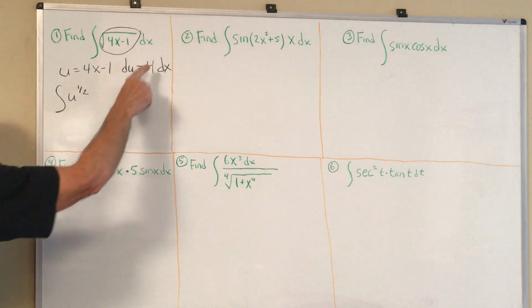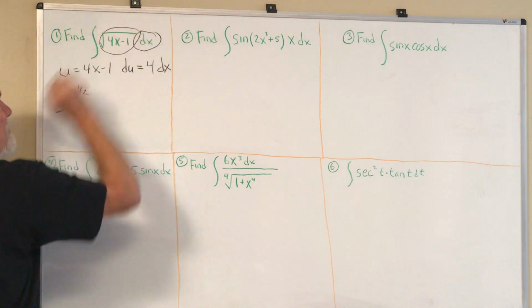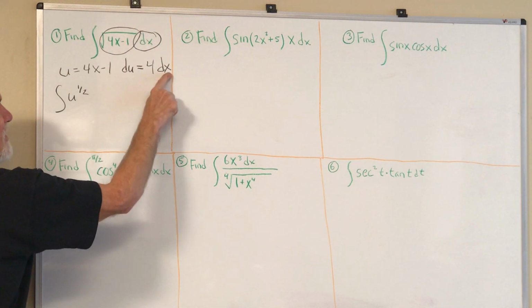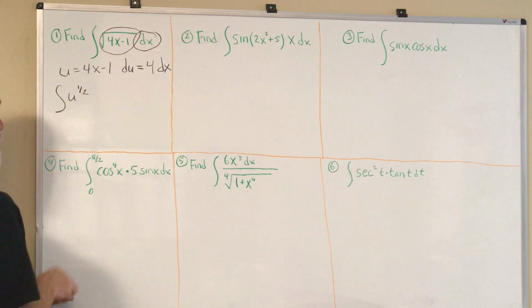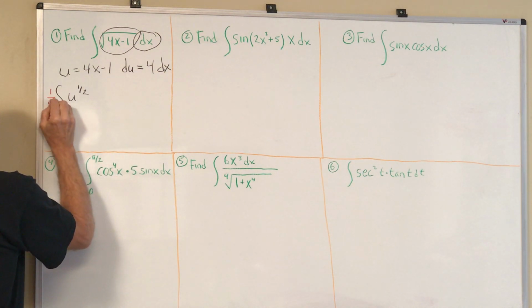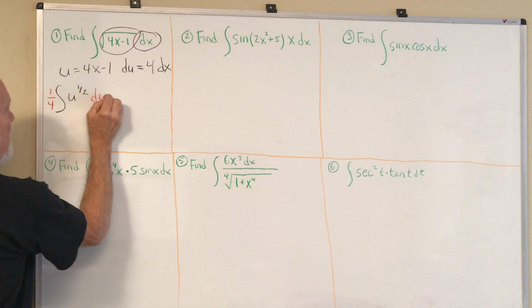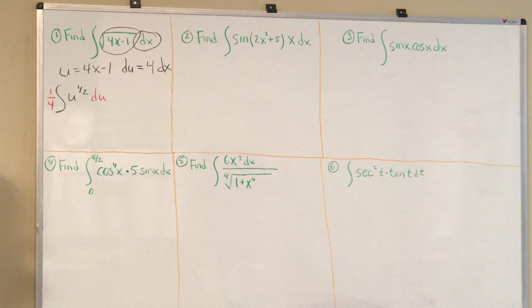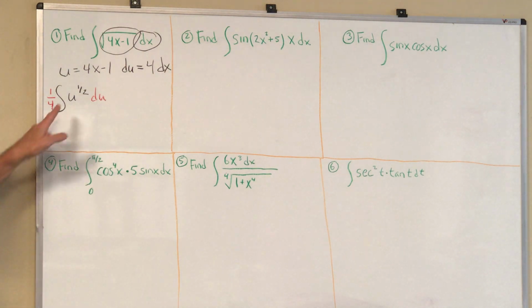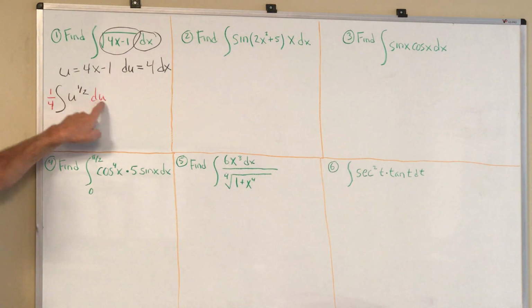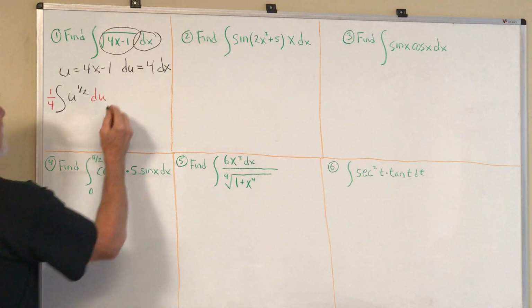Well, we have to somehow replace this dx. So looking at this, what's dx? It's 1/4 du. And I can take the 1/4 out front. And now we've got it into one of those 7 forms. U to the nth du. So the antiderivative is